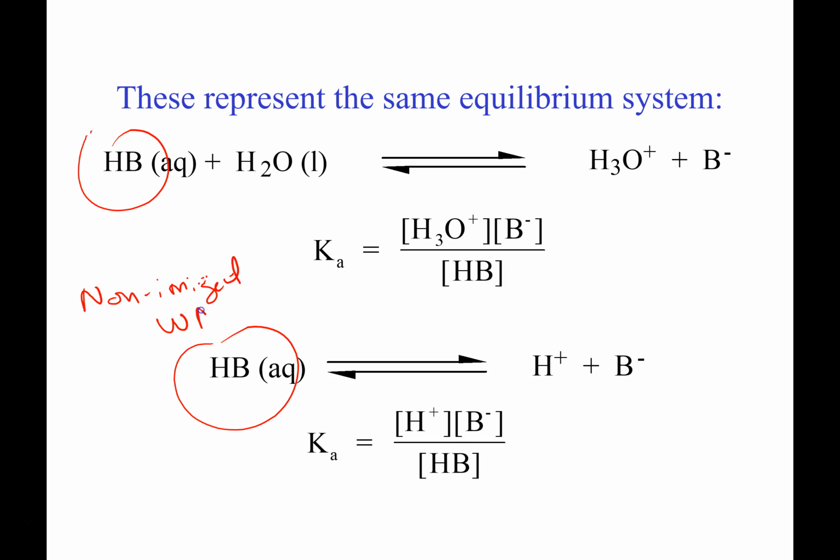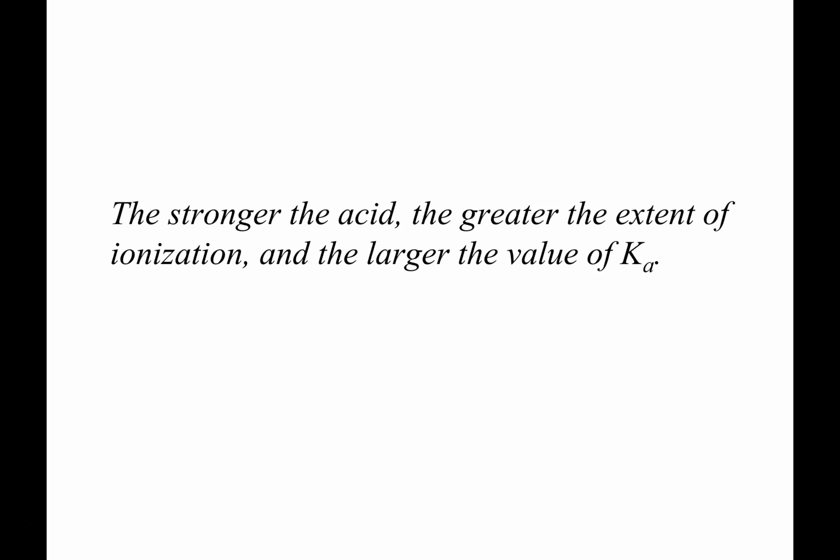WA stands for weak acid. So if somebody says, well, what was the amount of non-ionized weak acid? That's what you're talking about. All right. So one of the things, and this actually was a test question,